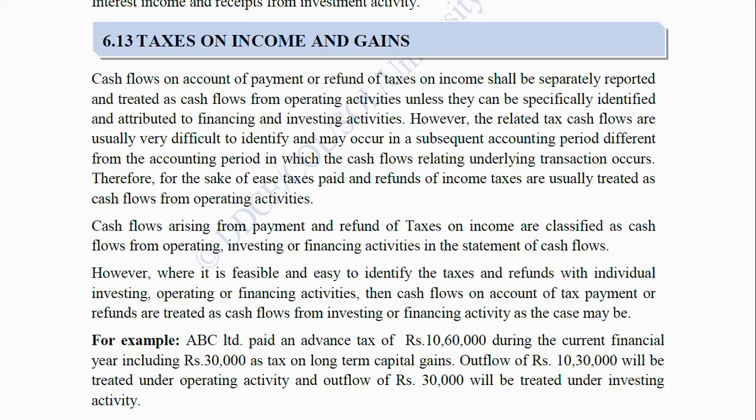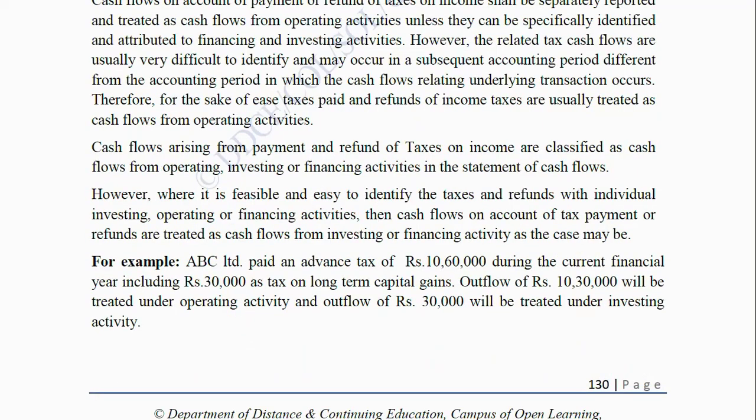operating activities. Cash flows arising from payment and refund of taxes on income are classified as cash flows from operating, investing, or financing activities in the statement of cash flows. However, where it is feasible and easy to identify taxes and refunds with individual investing, operating and financing activities, then cash flows on account of tax payment or refunds are treated as cash flows from investing or financing activities, as the case may be. For example, ABC Limited paid an advance tax of rupees 10,60,000 during the current financial year,